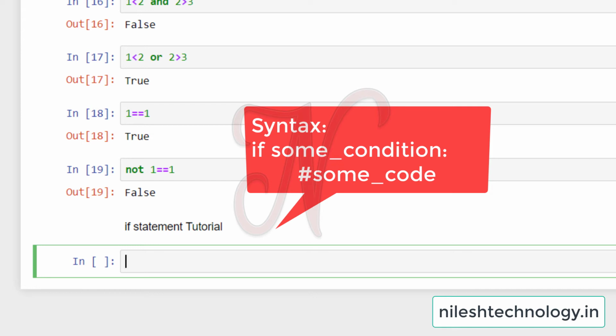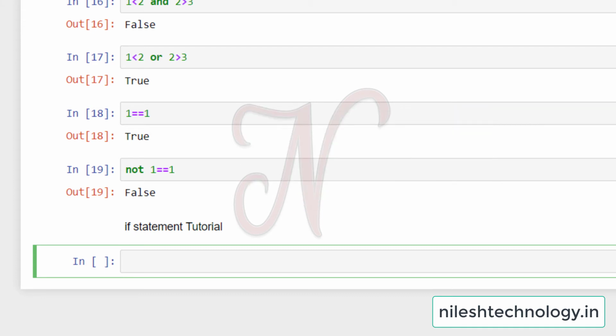Control flow syntax makes use of a colon and indentation. Indentation means white spaces. This indentation system is crucial to Python and is what sets it apart from other programming languages. Anything along that indentation is going to be executed if the condition happens to be true.